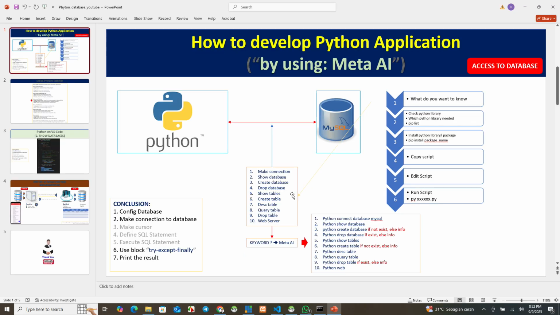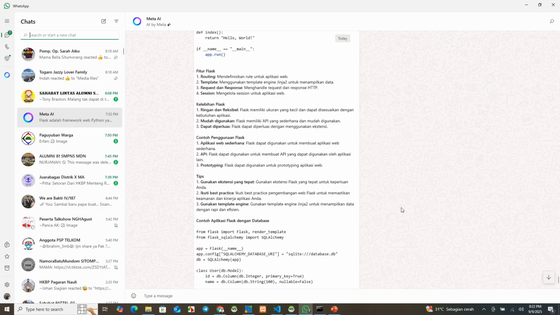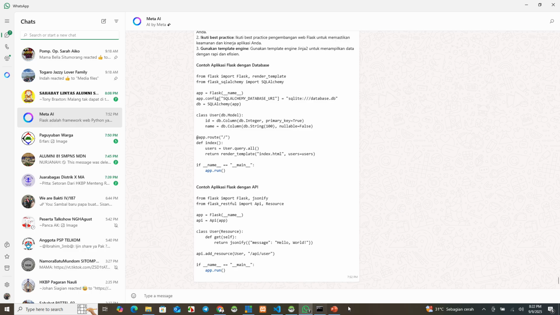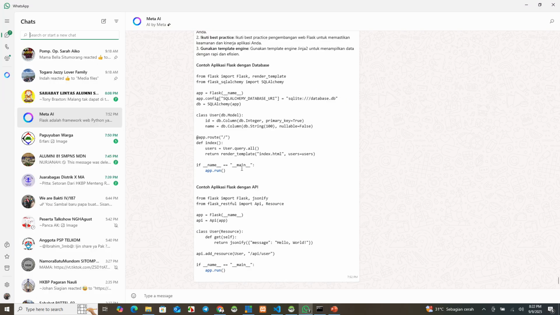Okay, now we do it directly. This is Meta AI. Now we want to make a connection. This is the keyword, we put it here.